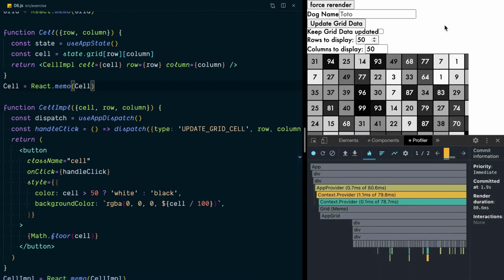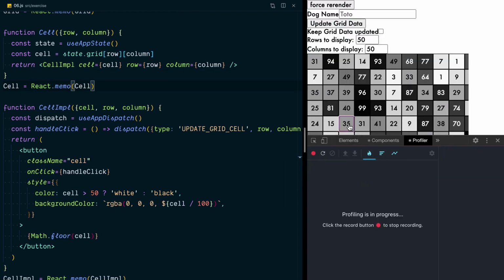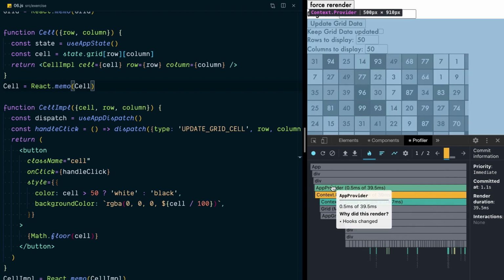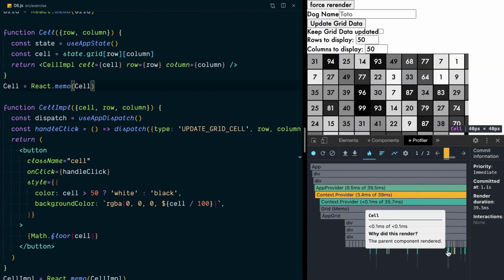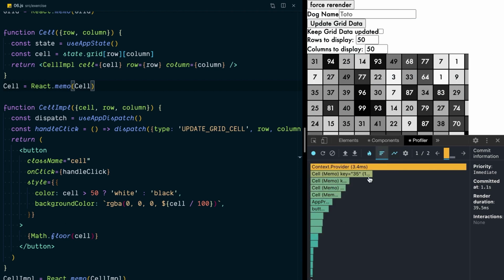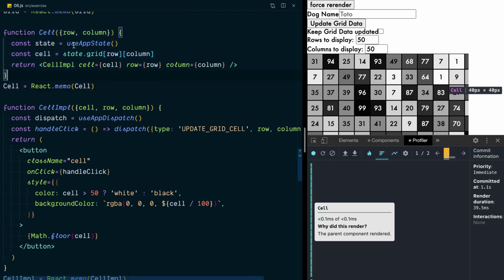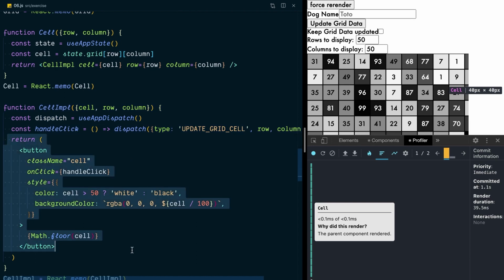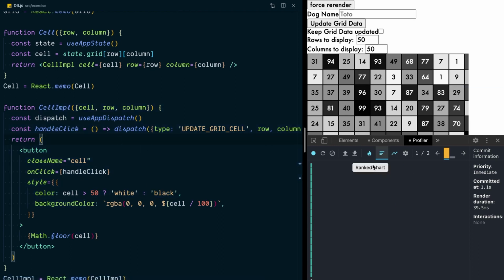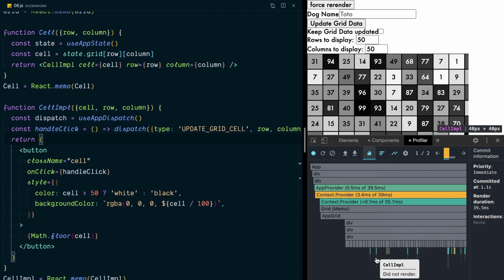And with a save of that now, if I profile this and click and then unprofile it, and there we go. Okay, so we've got our app provider and we've got several of these that are re-rendering. What's going on here? Okay, they're all re-rendering. So what's happening here is actually this cell is still getting re-rendered because that context value changed. But this cell, on the other hand, is not. And so therefore, we're doing a little bit less work. You might notice a little bit more of an improvement in a real world scenario where this component does quite a bit more work than just render a single button. However, we are noticing right here that this cell impl did not re-render,